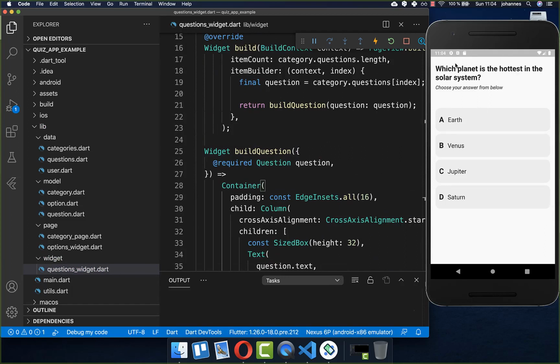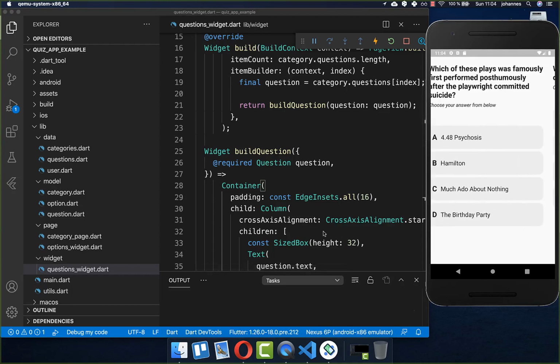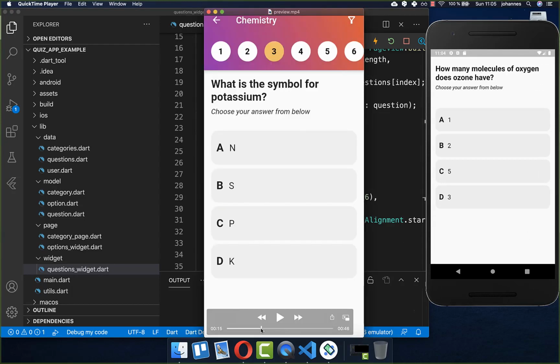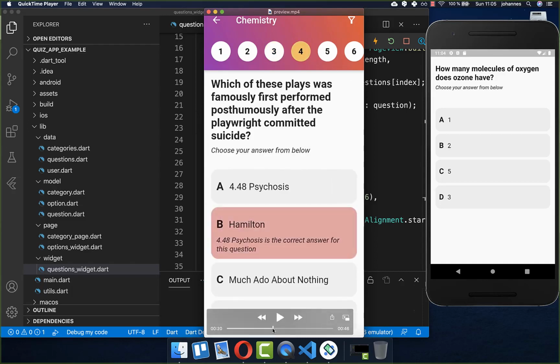And in total we have now every time the question and under it our options, and if we also switch to the other question, then you also see another question with other options. Next we want to add the functionality, so if we click on one of these options then it should be highlighted, so if it is correct or if it is incorrect.